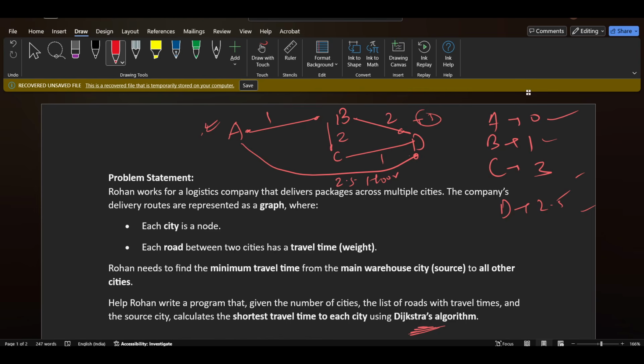So this we actually need to tell. Okay, so it's a Dijkstra algorithm question in which the edges are given and the time is given as the weight. Okay, so this we need to solve. Now the main thing is the input, how TCS has given the input for this question.